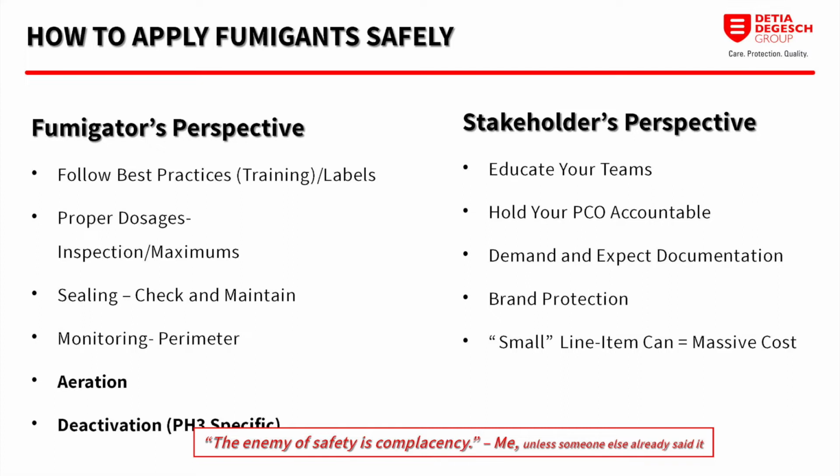And if you are subcontracting your fumigations, or if you're doing it in-house, you need to hold your pest control operator accountable. You need to make sure that these things on the left, that they're adhering to these. And you need to demand and expect documentation therein, right? Make sure that you ask for training records, for safety records. How much fumigant are you using? What fumigant are you using? What's your aeration plan? Demand and expect the documentation of these things,